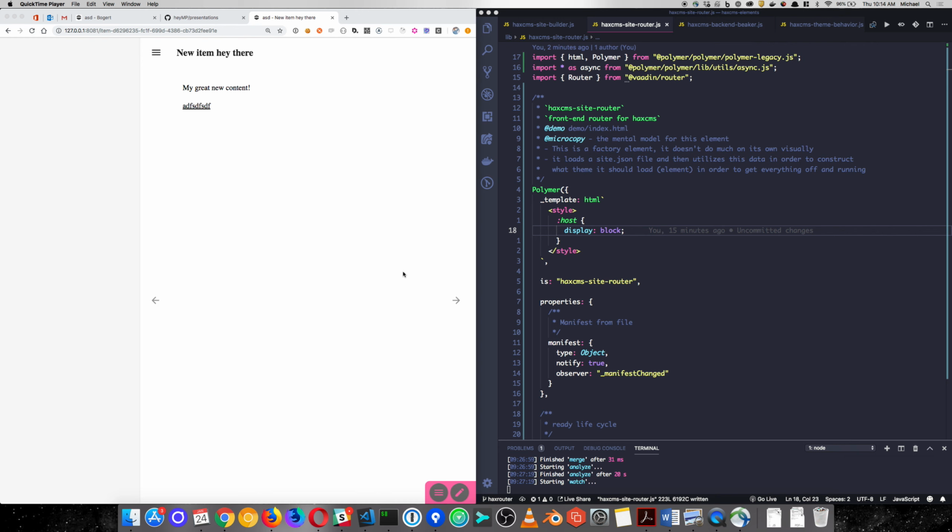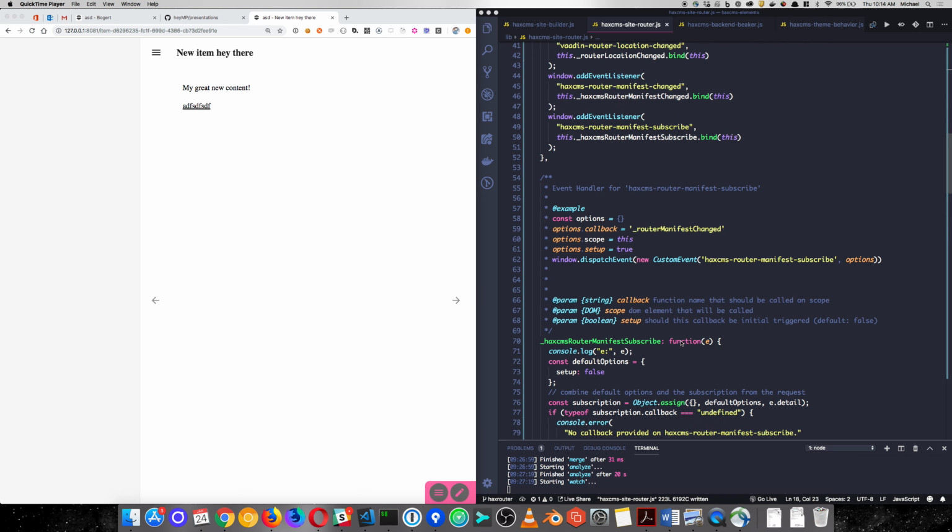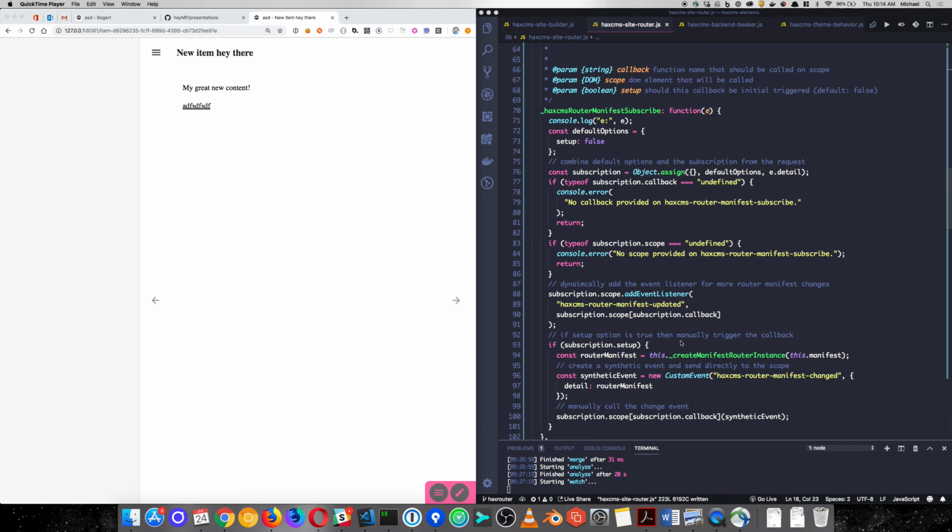We wanted to take a look at our new implementation of HAXcms router. Specifically, I wanted to take a look at how we are setting up the event system so that you can easily tap into the router and react to changes from the router. And we're doing this with a subscription